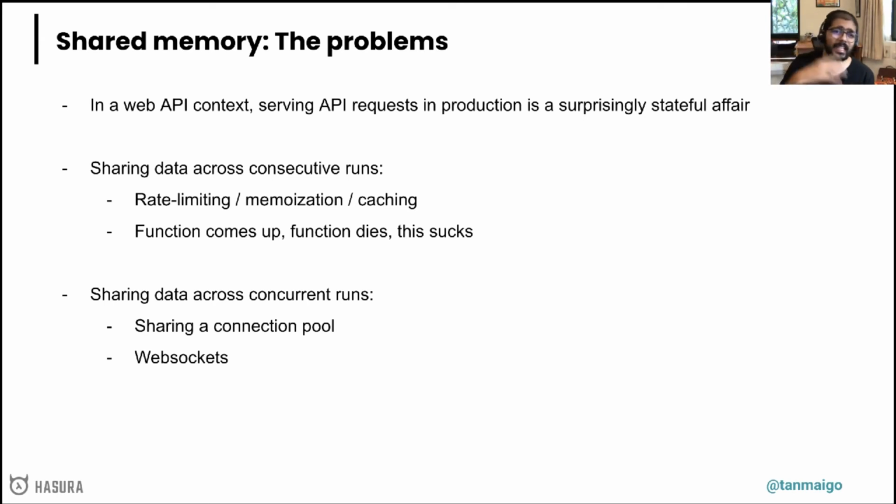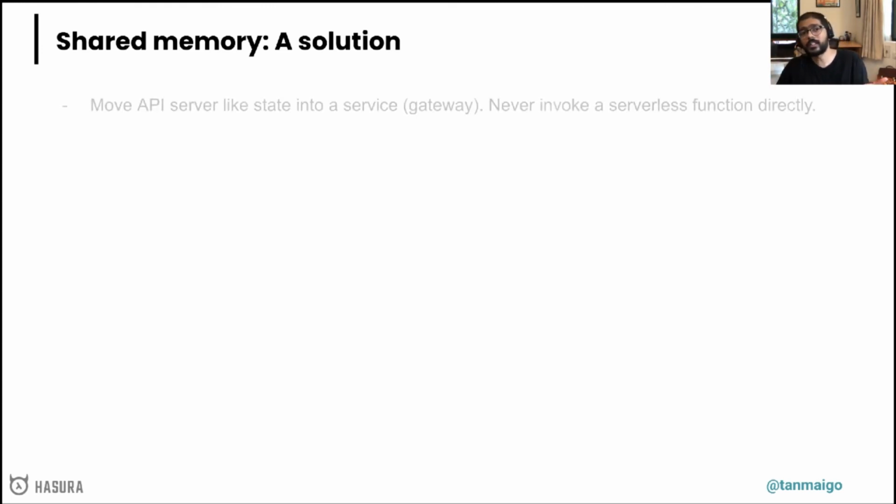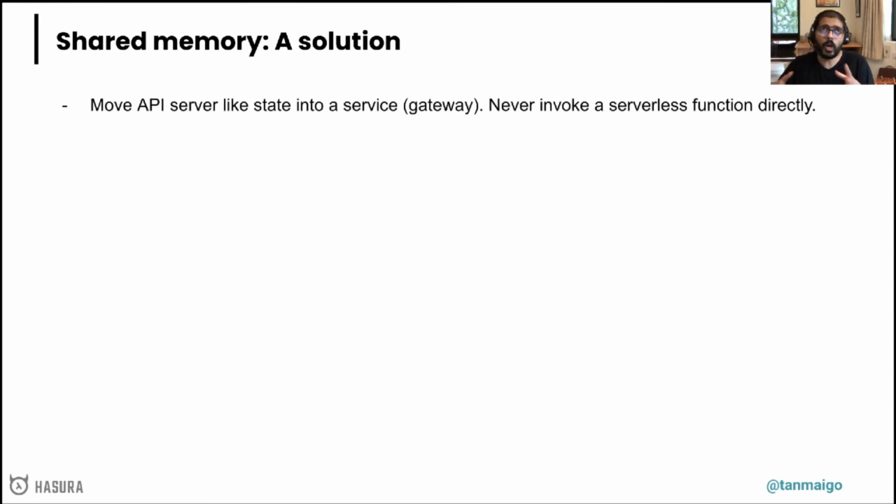And this is very easy. This is much easier to do in an application server kind of environment, right, where you can exploit threads and have multiple threads and stuff like that. But it's much harder to think about that in a serverless environment. And so the kind of solution that's emerging to this is to absorb all of these stateful shared memory portions of an API server